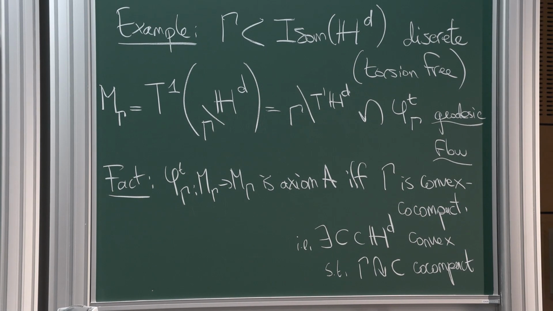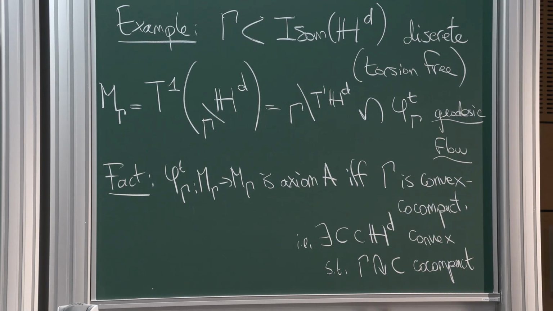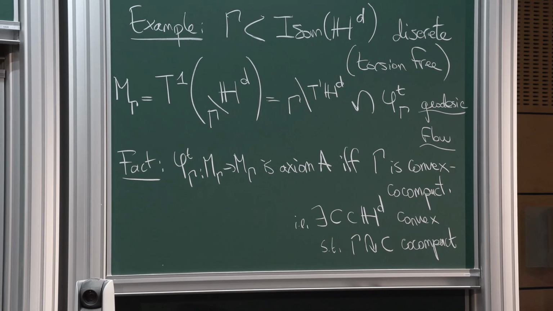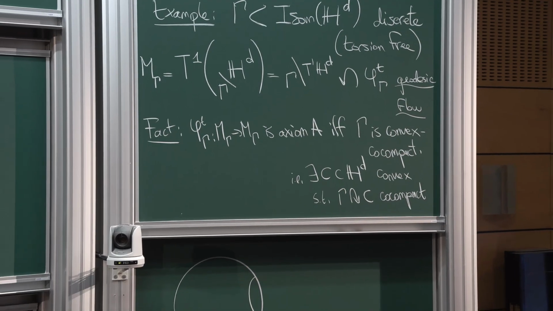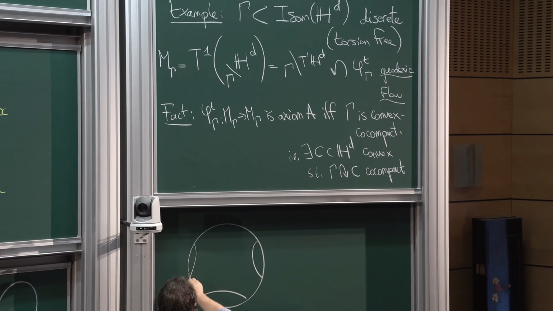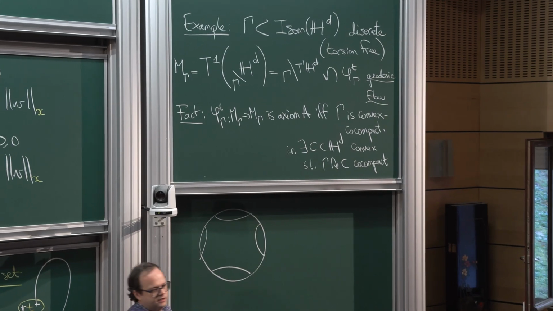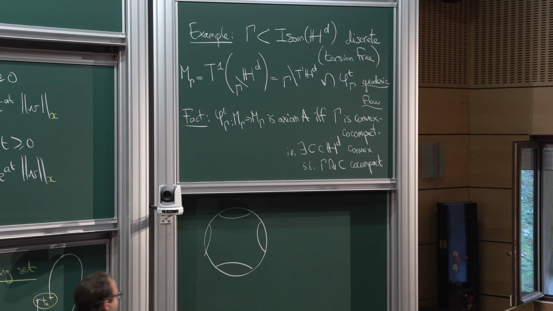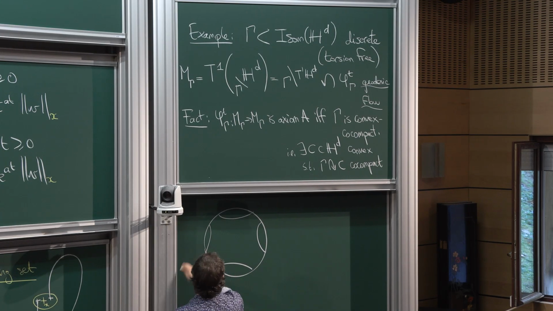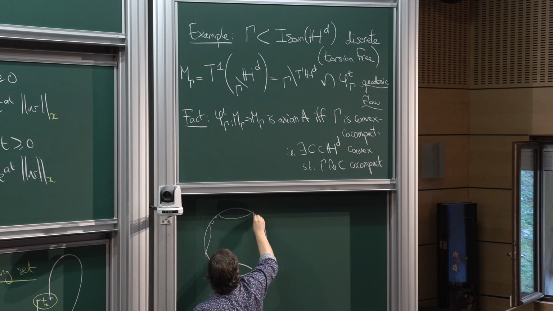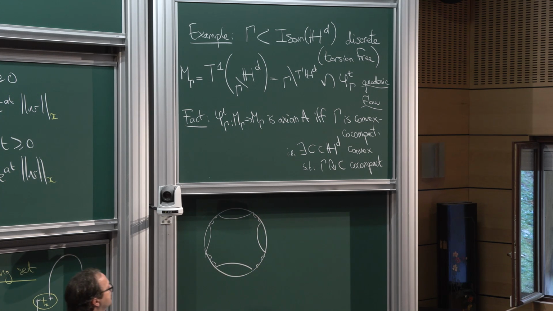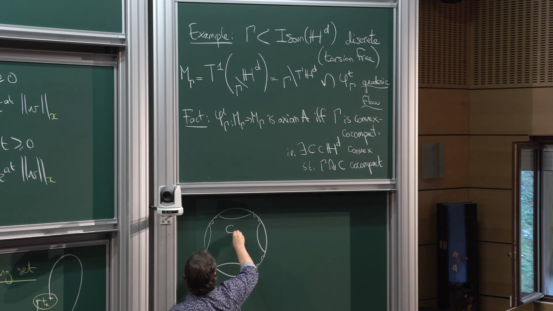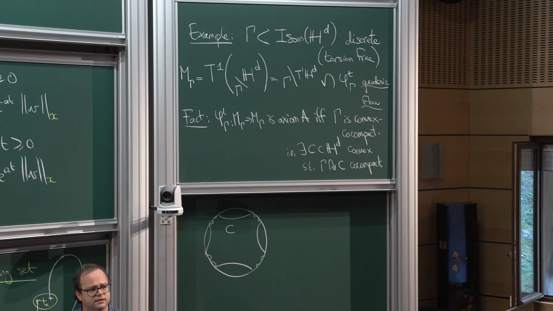Right, so if you were to draw this convex subset, you'll have to remove some parts of the hyperbolic space. Usually we'll draw this in dimension 2 by removing some areas bounded by geodesics. In higher dimension, you won't necessarily find things bounded by geodesics or totally geodesic subspaces, but you might have to add a few more. And by a few, I mean infinitely many. Right, so this will be your convex set C, on which gamma is acting cocompactly